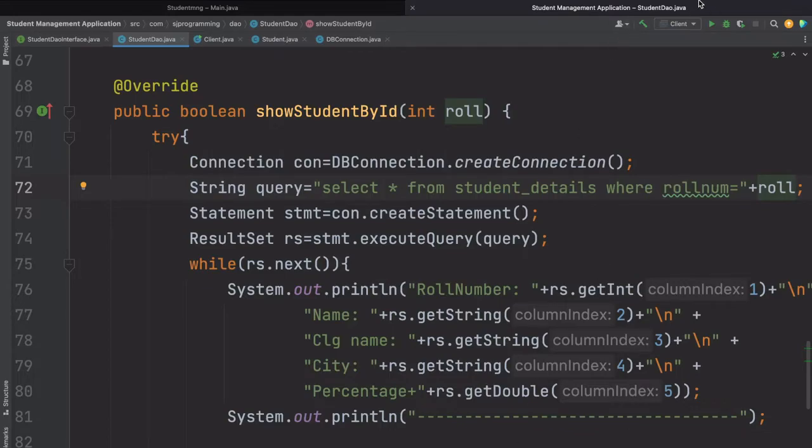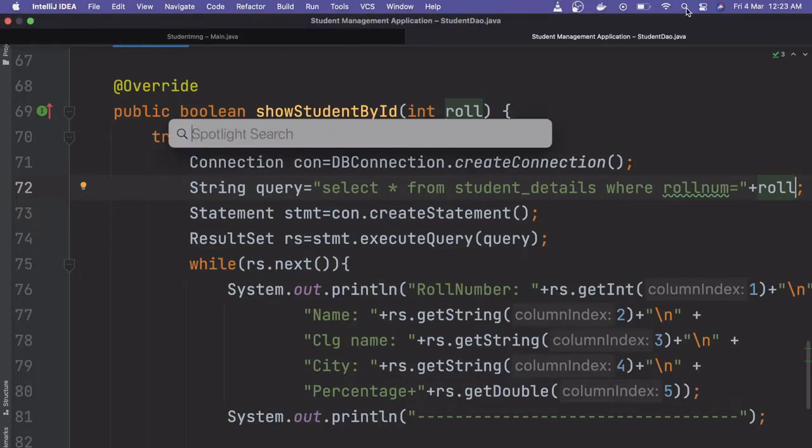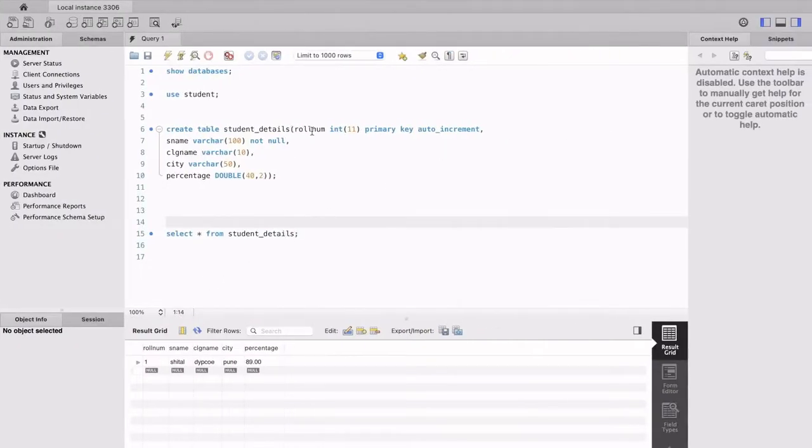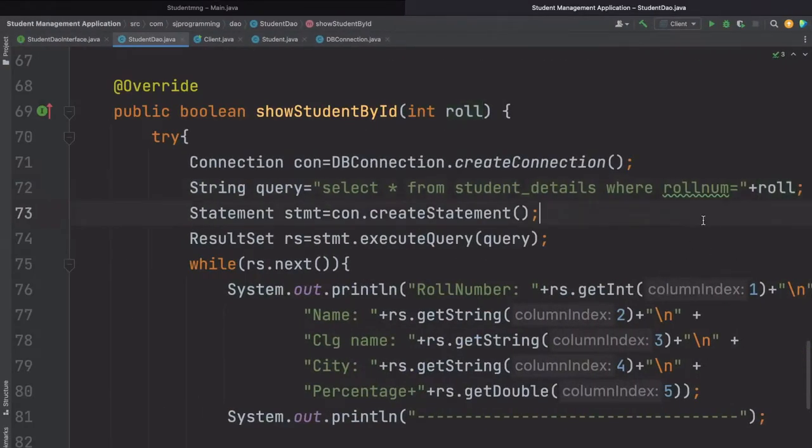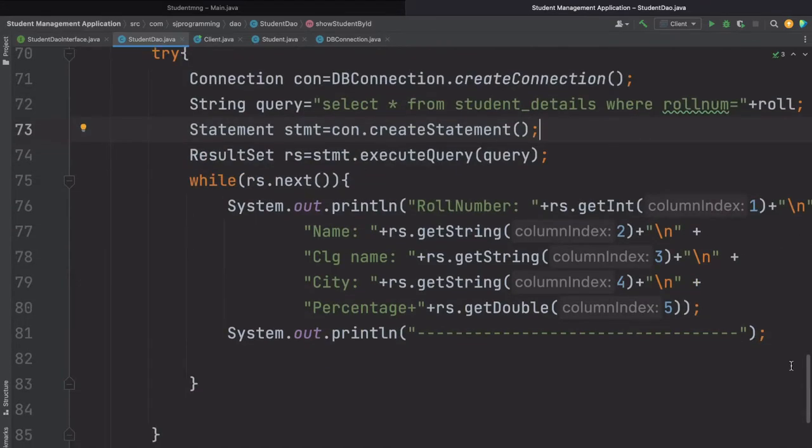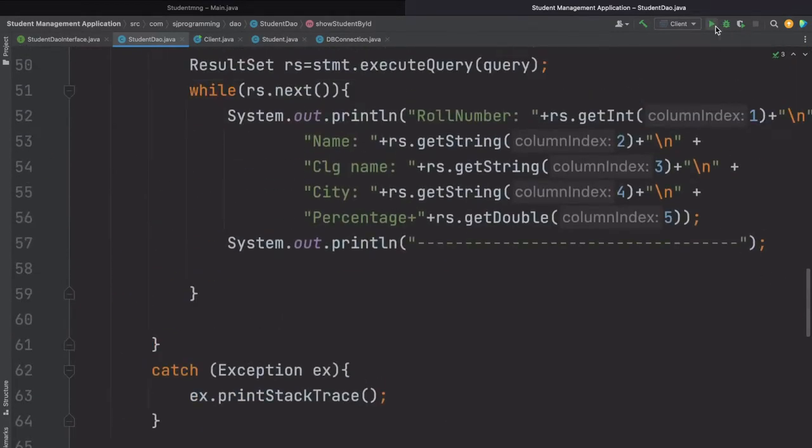So let's check if that column name is correct or not. Yeah, so we have this column name. Now let's open our IntelliJ. So now here we will get only the student whose ID is whatever ID the user passes. Now we will be getting the same detail here. Just comment this line because currently we have only one record. So now if we run the application,